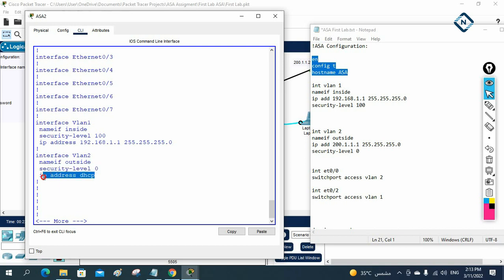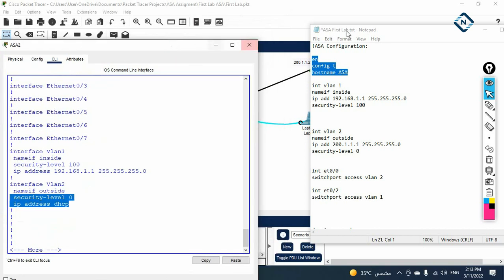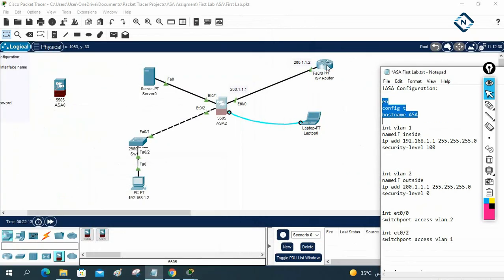Here it is saying it is assigned by the DHCP. So we can disable this one and we can put it manually. But in the real scenario, sometimes the ISP will give you the IP from here. If the ISP is giving the IP for you, then you need to enable the DHCP here. If the ISP is not giving it, and the ISP told you to manually configure this IP on your firewall, then you need to